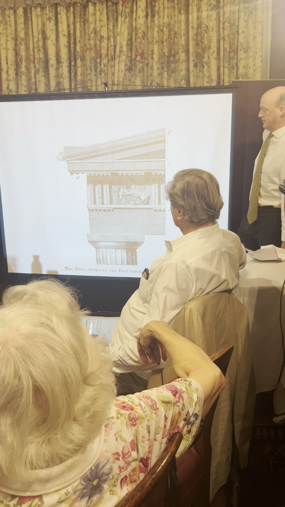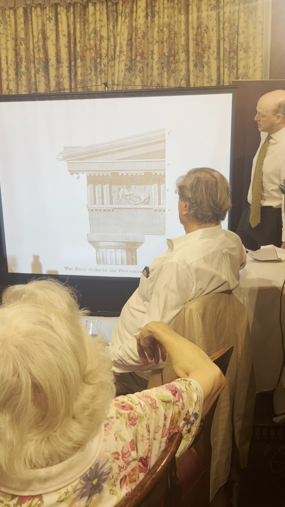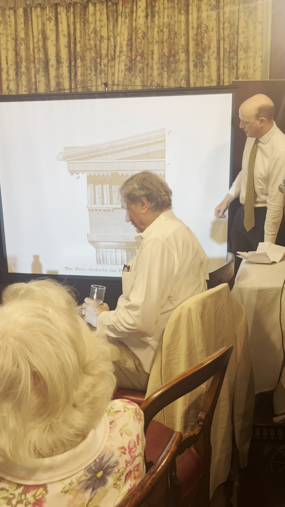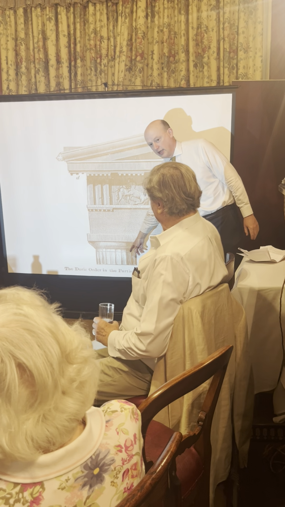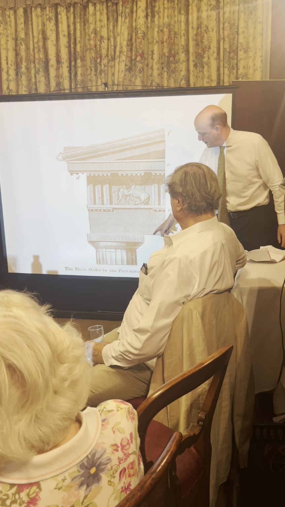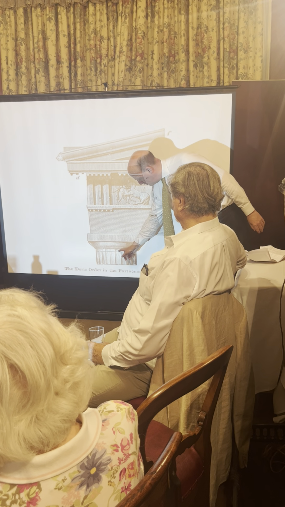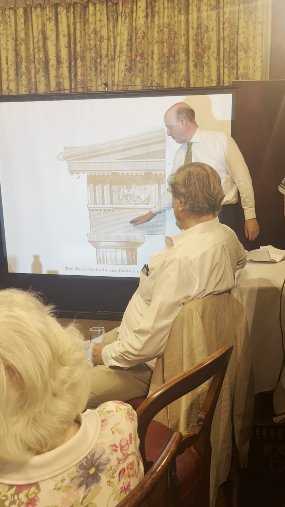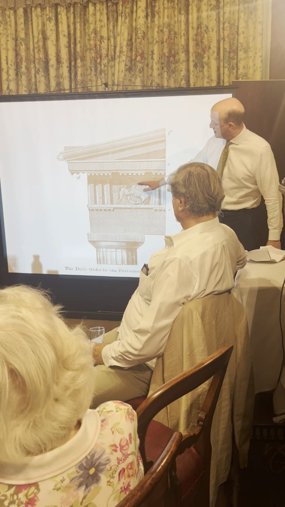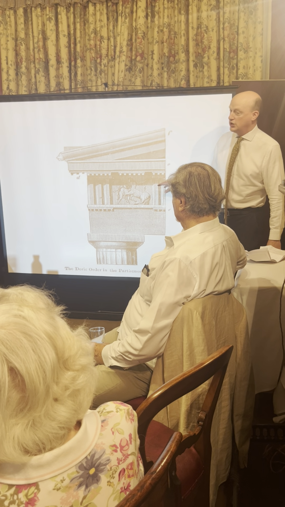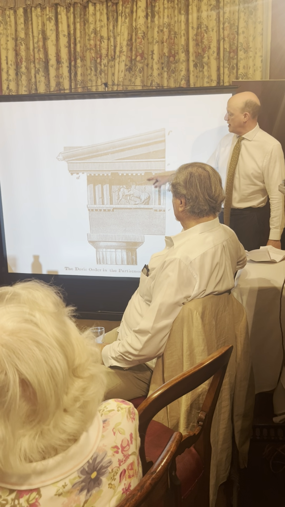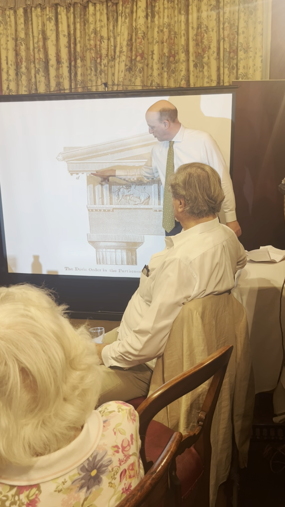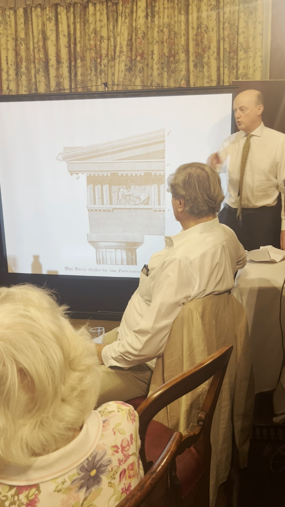Next slide, please. This is a close-up of the entablature, as it would have been of the Parthenon. So there you see the top of the Doric column, Doric capital, very simple, with the vertical fluting. Then the architrave, like the beam, plain beam. And then here are the metopes, so it's not a continuous frieze, it's divided up into cartoon strips. And it is divided by 3 vertical lines, which are called